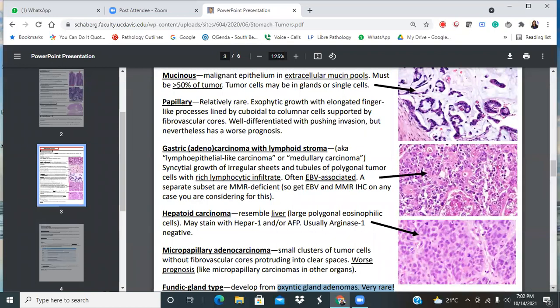All right, now we move on from the terminal ileum to the ascending colon, transverse, descending, all of these. I'm not going to talk about the polyps because it's a completely different topic, but let's talk about non-polypoid areas. My checklist for the colon is as follows. Does the location matter? Once you become a more seasoned GI, I'm not saying that I'm seasoned at all, I'm still very young in my practice, but once you have seen a lot of colons, you can tell if a biopsy is coming from the rectum versus the ascending colon.